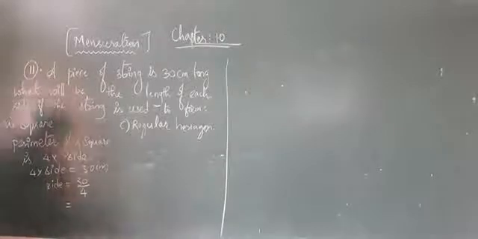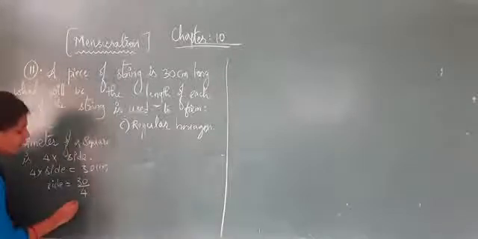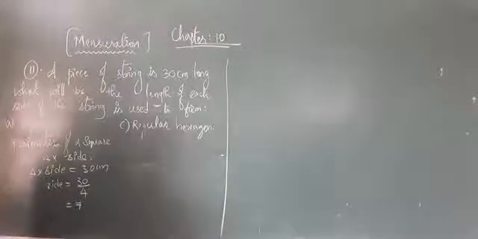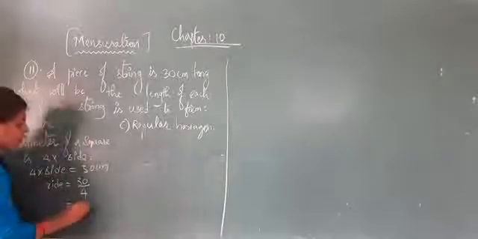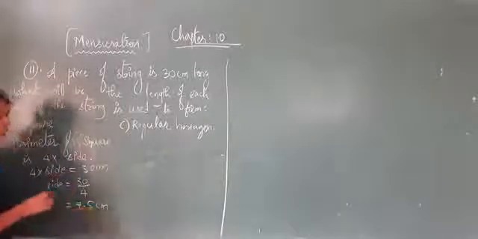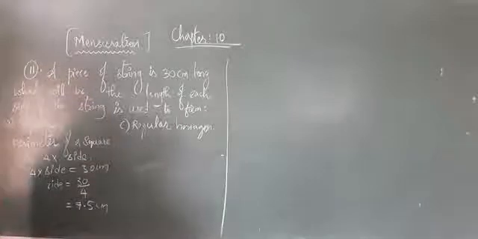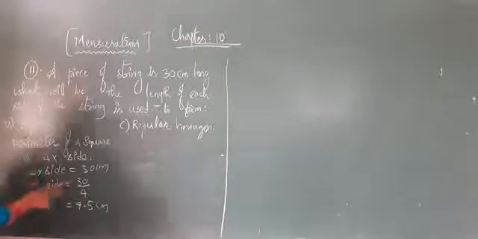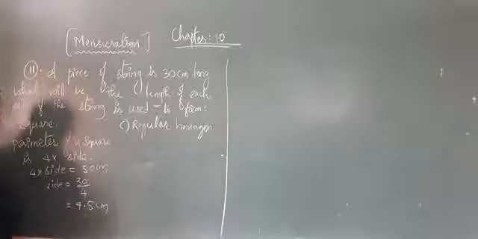In the 4 table you won't get 30, but the nearest to that is 7 4s are 28. If you take that 7 4s are 28, how much is left? 2 left. Put a decimal point here. And again if you do that, you'll get 0. So 4 5s are 20. So 7.5 centimeter. This calculation I am not going to do. Take it as a rough column, 30 divided by 4, you do the division. Because already you know how to do the division with decimal points. You already learned in your primary classes. So 30 by 4 you do it as 7.5 centimeter.